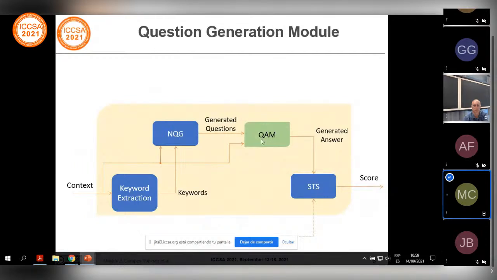This is because the chatbot also prompts the student to enter her answer, and it compares them using semantic textual similarity, which gives us a score of how close it is to the correct answer. It also can be configured to generate up to 5 questions as if it were a quiz.